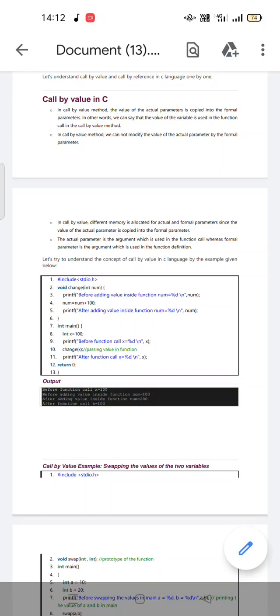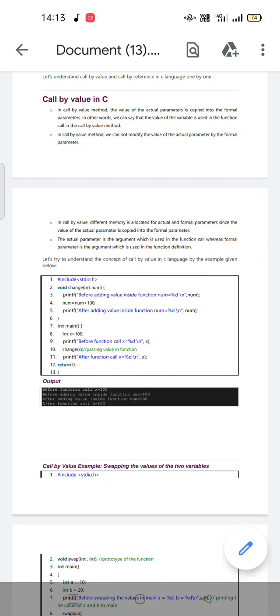That value will be taken by the variable num, as it matches the function name. Change is there, and the function name is the same. The argument is only one, of integer data type. It matches exactly: integer num, and x is also of data type integer. So the value we are passing, 100, will be stored in num.